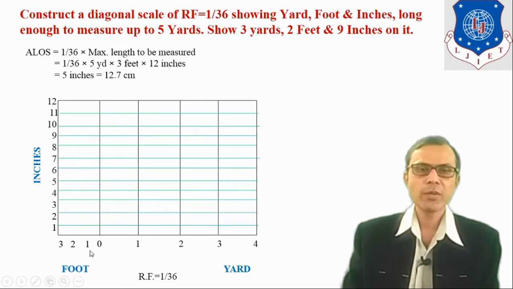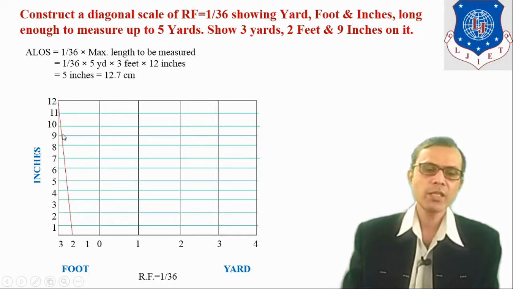Now consider these units. Here the last division number is 3 and the second last division number is 2. So always consider the second last division, which is division number 2. Join this division number 2 to the uppermost corner on this side. So here it is shown how you have to join it. Always the second last division is to be joined with the uppermost left side corner.